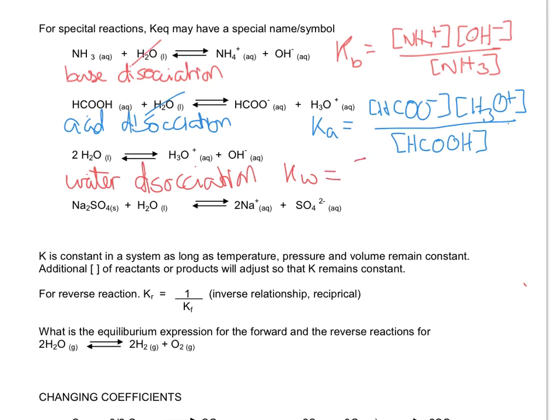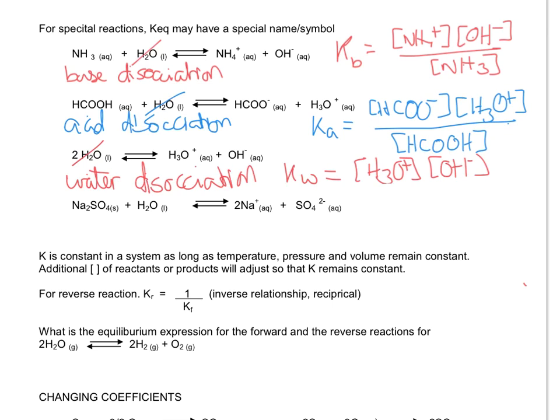But like always, products over reactants raised to the power of their coefficients. So concentration of the hydronium ion, the H3O plus, times the concentration of the OH minus, not over anything, just the hydronium and the hydroxide, because water is a liquid, so we don't put it in the expression. So it's just H plus times OH minus concentrations. Next, another special type is